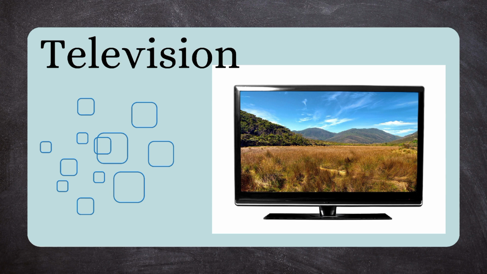Modern TVs often feature high definition displays, smart technology, and various connectivity options, allowing users to access a wide range of entertainment sources. With advancements such as 4K resolutions and OLED technology, TVs provide vibrant colors and sharp images, enhancing the viewing experience.